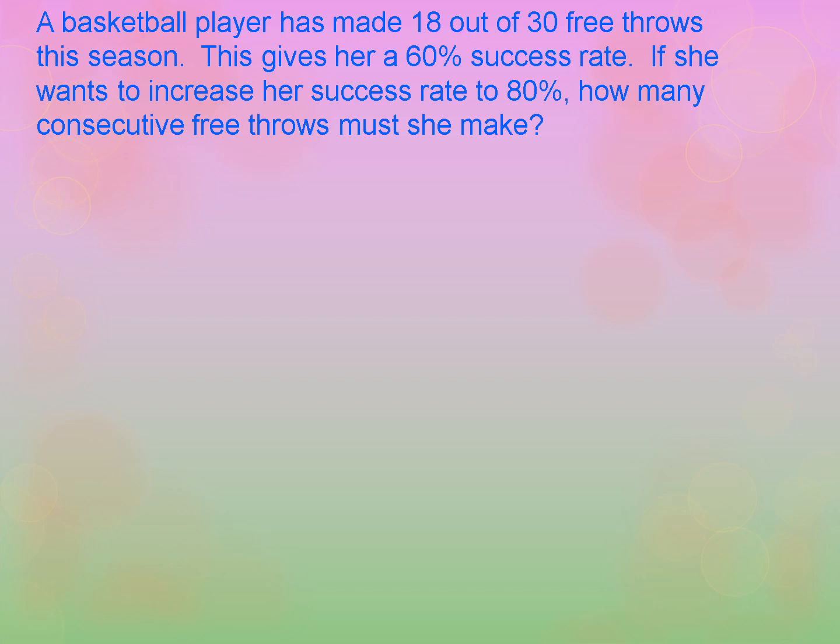But here's the deal. If we need to increase the number of shots she makes, we're also going to have to increase the number of shots she takes or attempts. We already know she's made 18 out of 30. That's in the past. That's information we're working off of, but we cannot change that. But if we add the number of shots she makes, we have to add the number of shots she takes or attempts. And we're going to let X be the number of shots that she